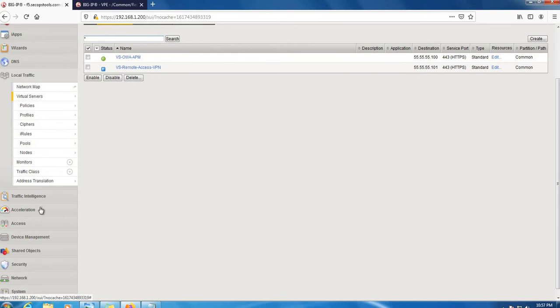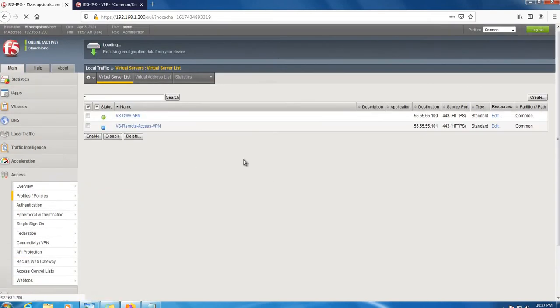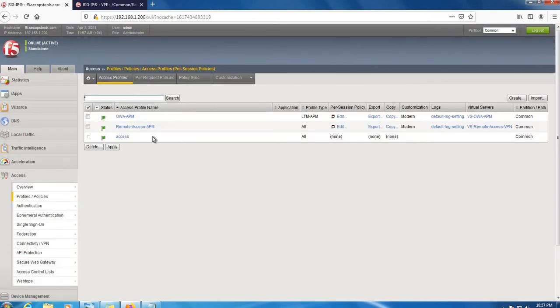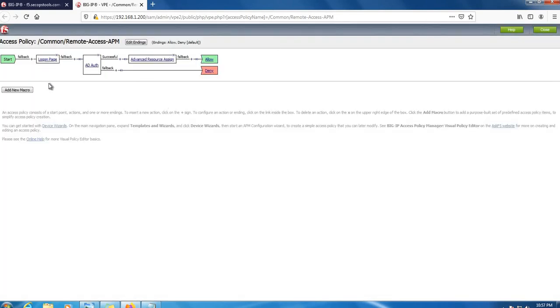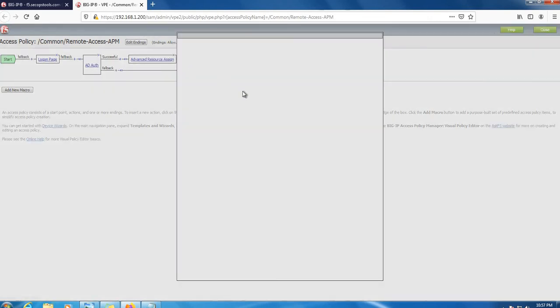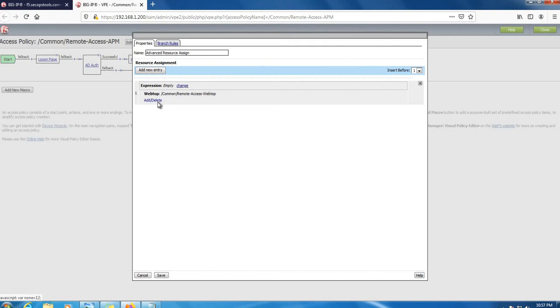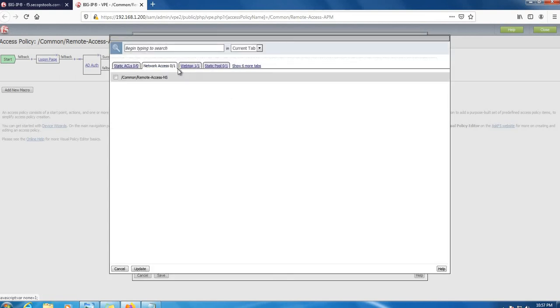Let's go to our access policy and see what is missing. We have the login page, we have authentication, then advanced resource assign. We forgot the network settings, I guess. Remote access network settings, okay, update.